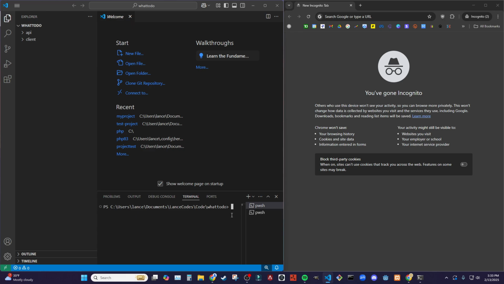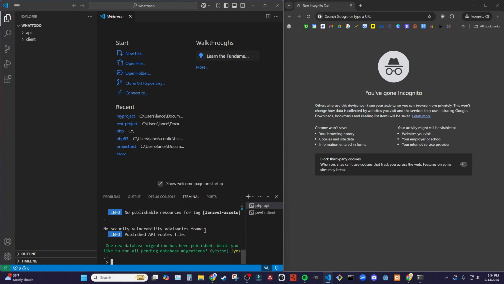For this series, we're going to be using Laravel Sanctum to handle all of our authentication and Fortify to make that a little quicker. So in our first terminal window, let's navigate into our API folder. And in our second terminal window, we're going to navigate into our client folder. Now back in the first terminal window, we want to install Sanctum. So we're going to type php artisan install:api. And we're not going to run the database migrations because we haven't updated our env file yet,